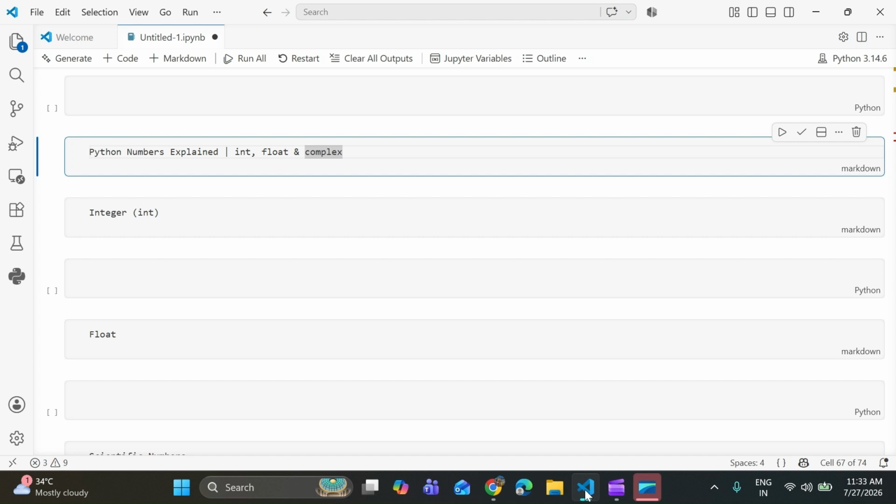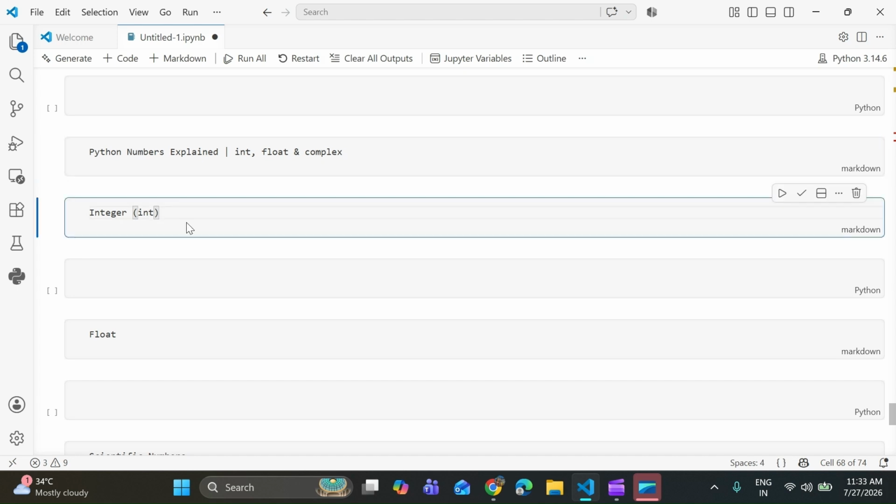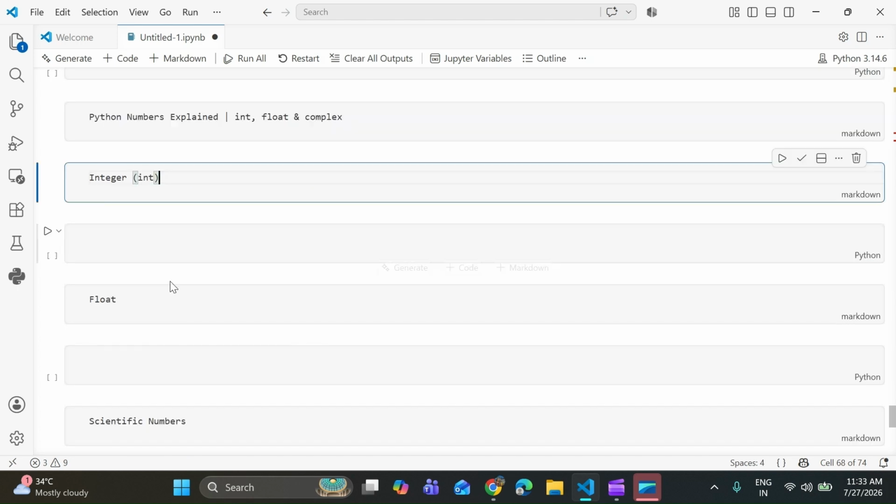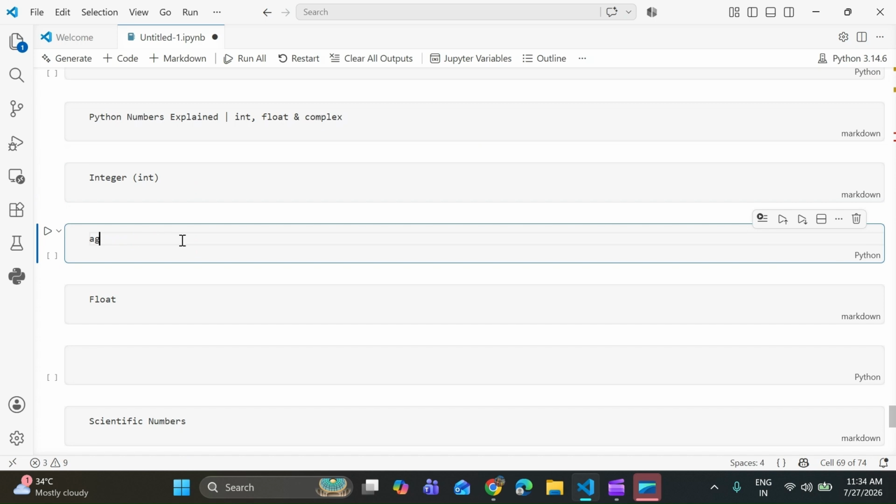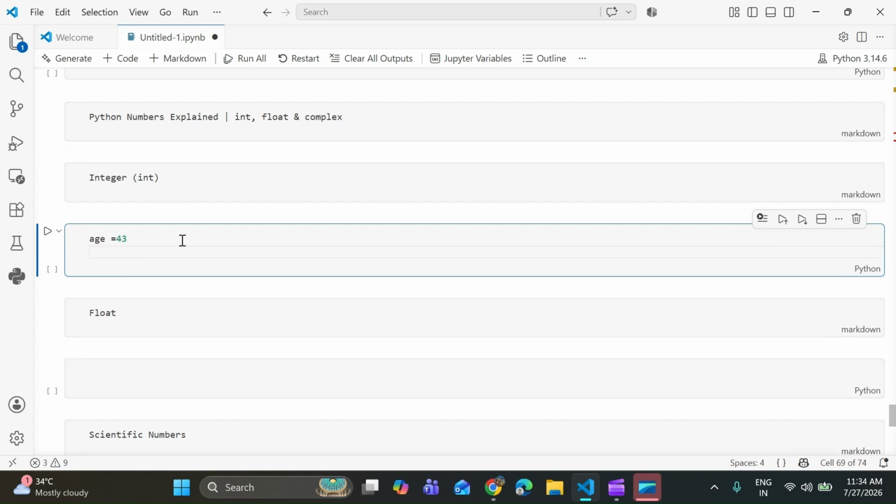Okay, so let's talk about integer. Integer, or int. An integer is a whole number, either positive or negative. It does not contain any decimal points. Let's take an example. Age is equal to 30, 43, marks is equal to 78.